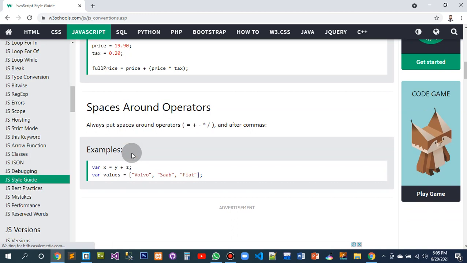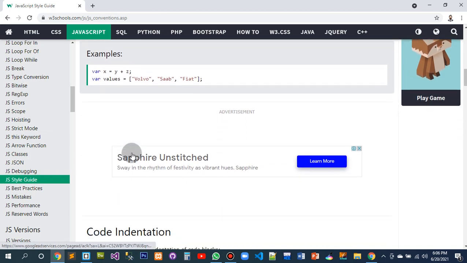Spaces around operators. Always put spaces around operators, equals, plus, minus, multiplication, division, and after commas. Example: var x = y + z; var values = ["Volvo", "Saab", "Fiat"];